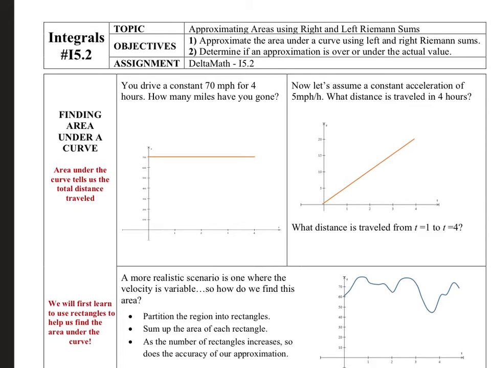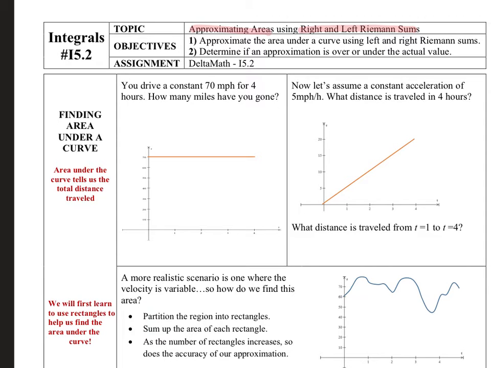In section 5.2, we're going to continue our talk about integrals. And we learned in 5.1 that all an integral represents is the area between a curve and the x-axis. And in this section, we're going to talk about how to use what's called right and left Riemann sums to approximate that area. I wanted to start with a few motion problems, just so you can see the importance that